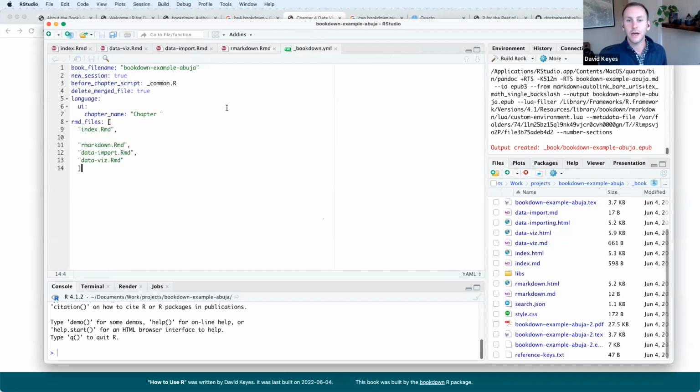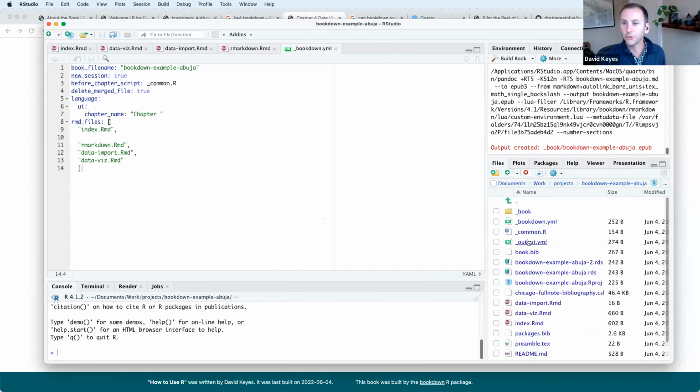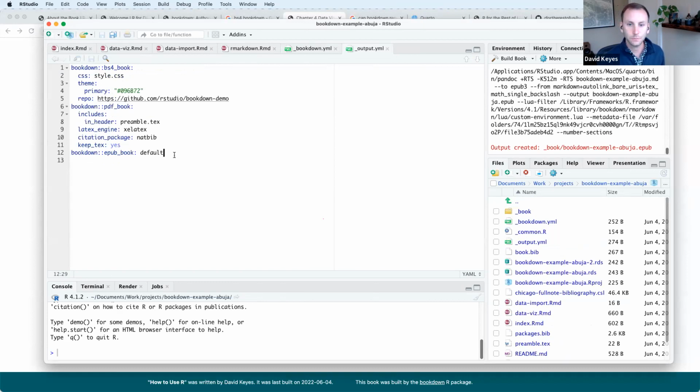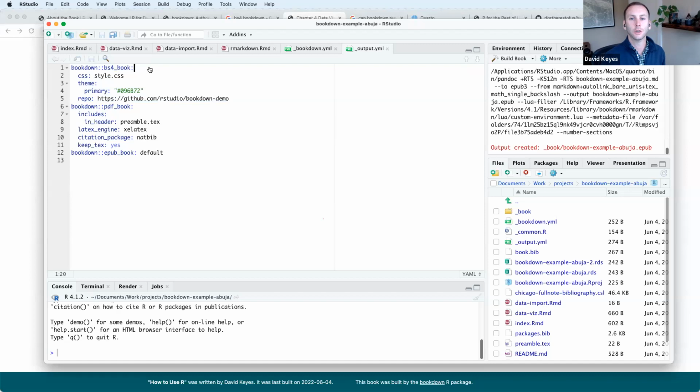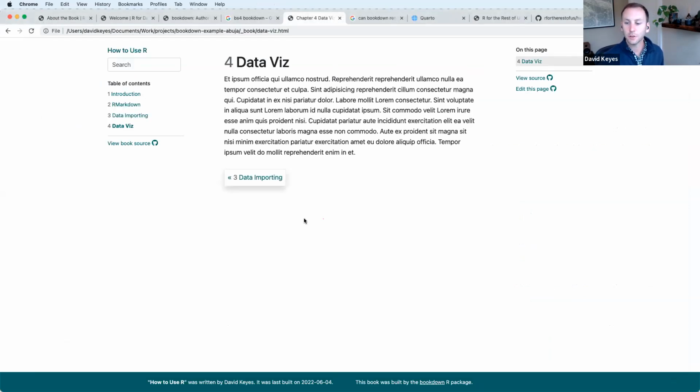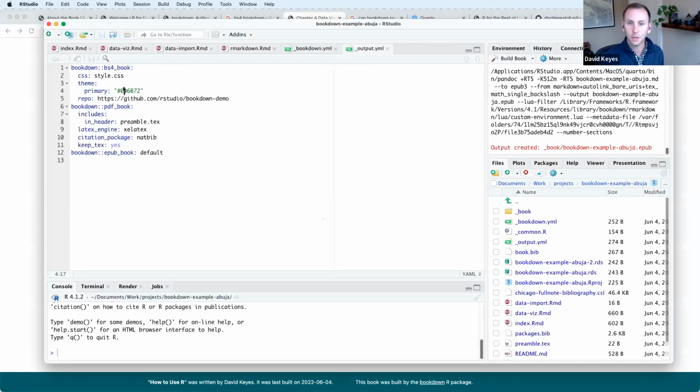All right, so that's the bookdown.yaml. It's essentially to control kind of like what happens with the output. There's also an output.yaml. And there are a few things going on here. So the first section here allows us to kind of control the overall look and feel. There's a CSS, which I'll get to in a second. But just starting out, the simplest thing here is to look at this. This is the primary color. And so by default, if you look at this book, it's using this as the primary color, which is,